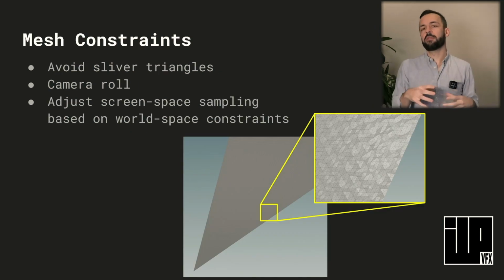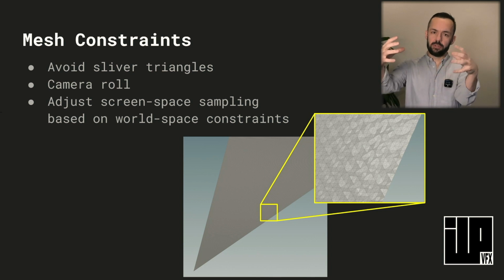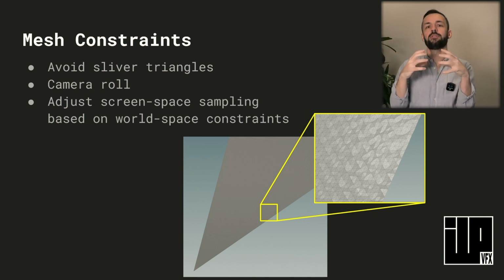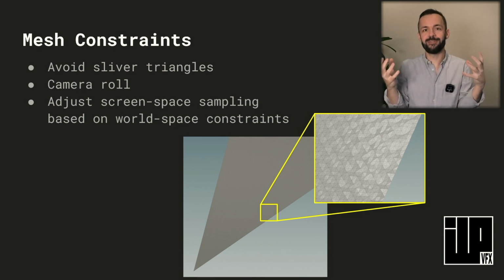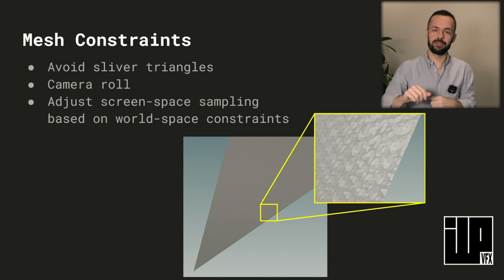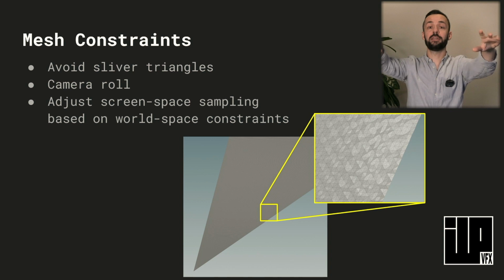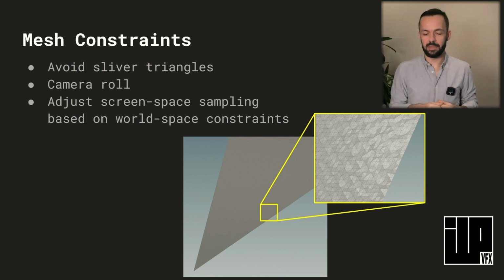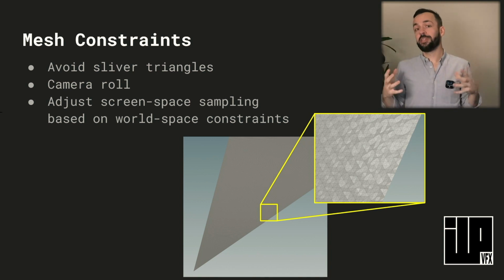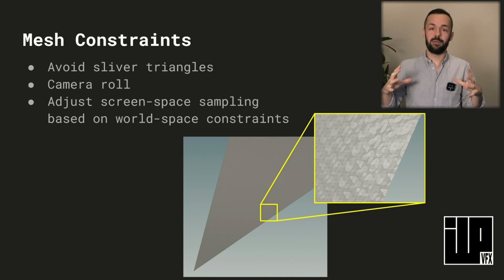So we were talking about level of detail earlier and how we want a denser tessellation close to the camera, smaller and more numerous triangles, and then we want fewer and larger triangles off to the horizon, right? Where we have large areas in world space, but that are very small in screen space. A naive approach is to cast rays from every pixel in the camera, but as I mentioned, you end up with triangles that are very elongated, and they even become what we call sliver triangles. So we want to avoid that, and the way we do it is we